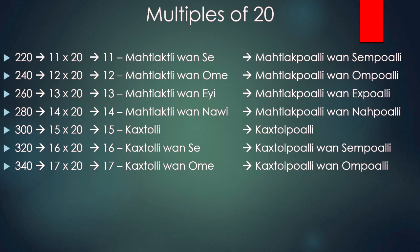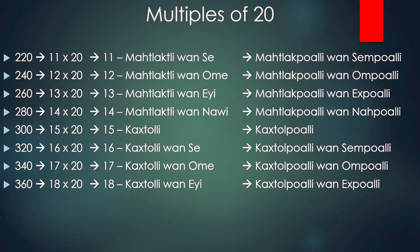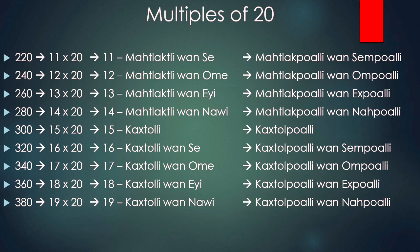Kashtolpuali 1 ompuali. 360 is 18 cycles of 20. 18 is kashtoli 1 ehi. So kashtolpuali 1 eshpuali. 380, we get to 19 cycles of 20. Now 19 is kashtoli 1 nawi. Kashtolpuali 1 nakpuali. Now in the decimal system, when we get to 100, we just work with 1 through 9